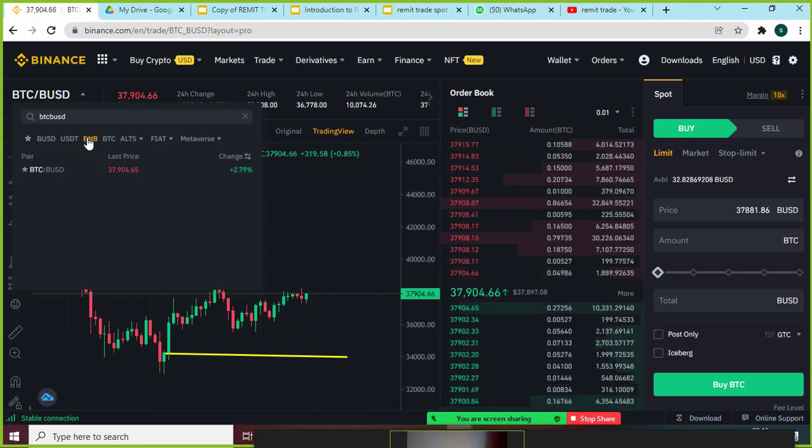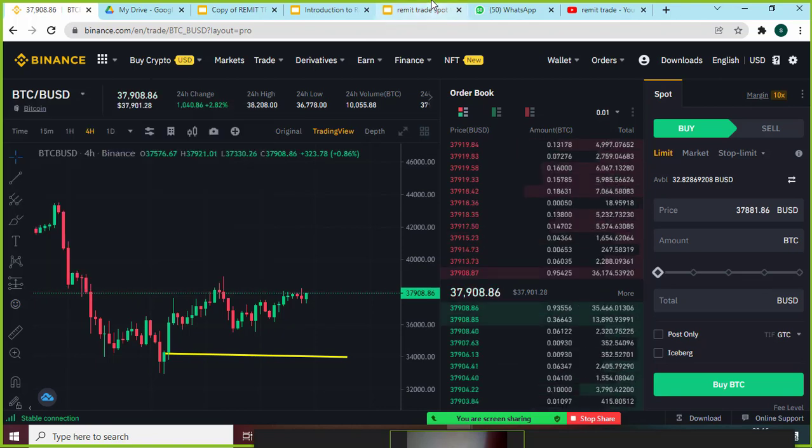This is BNB market, and this is BTC market. This is alts. Alt means alternative coin. Any coin that is not Bitcoin is called alternative coin. So you see under alternative coin here we have Ethereum, XRP, which is Ripple, Tron, Doge, and Polkadot. So these are all different markets